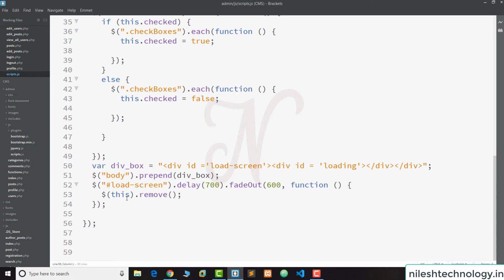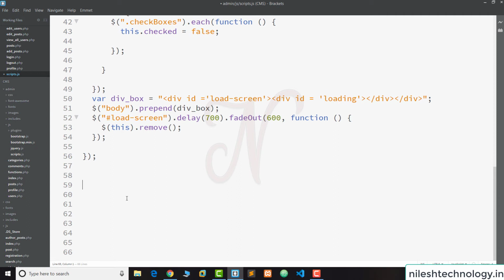Okay, so we are going to add one more function here at the end of this file. So function load_users_online, and we use $.get. My file name is functions.php.